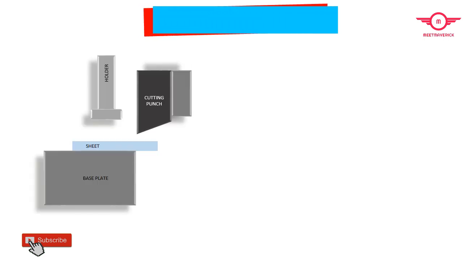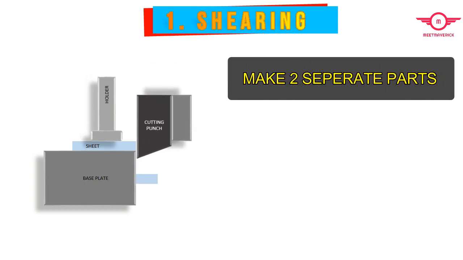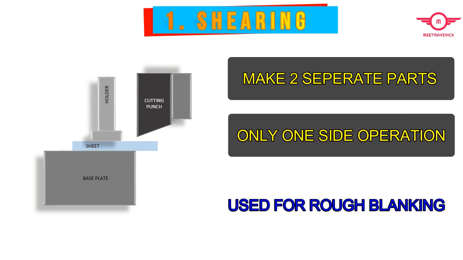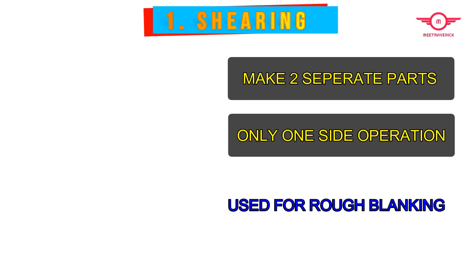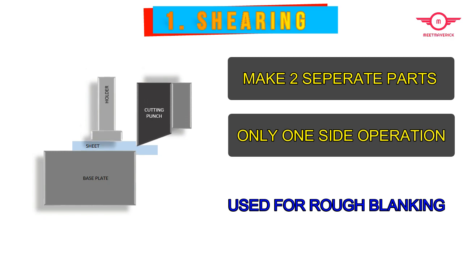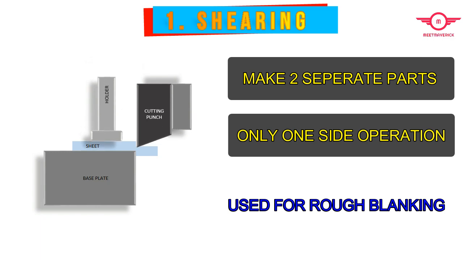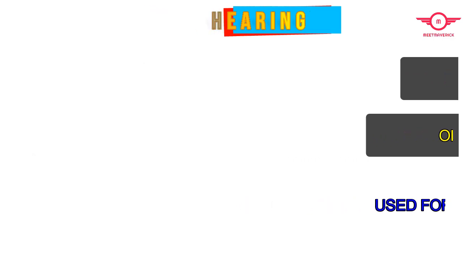Shearing. Shearing is an operation for separating a metal or material by placing it between two shears in close proximity to each other, then closing the shears to set up shearing stress to cut the material. This process is used to make two separate parts from material. This process does not produce any chips, but separated material can be considered as scrap depending upon use. This process is majorly used for making rough blanking sheet.